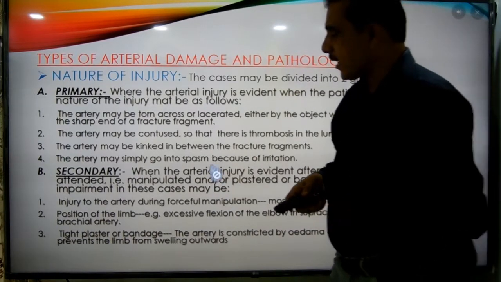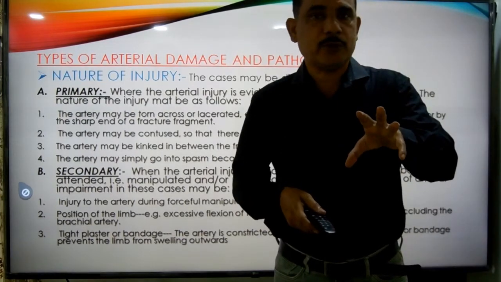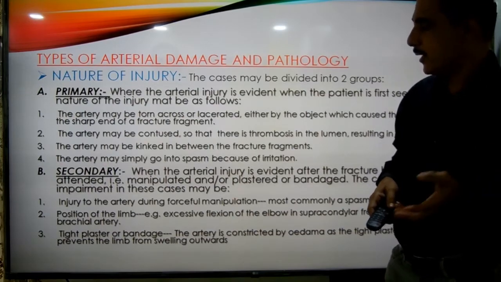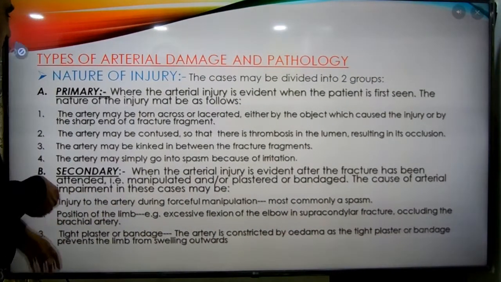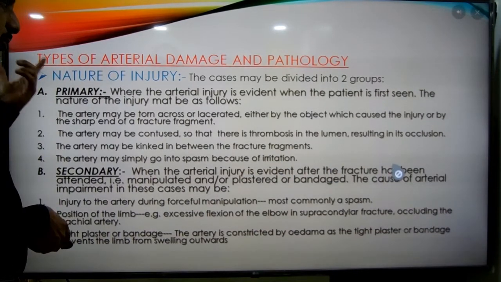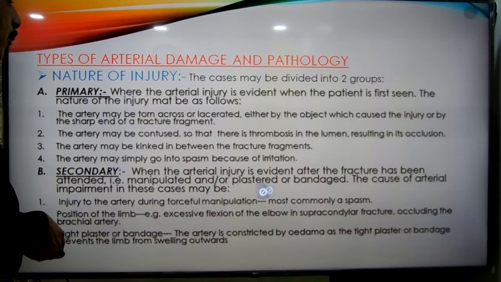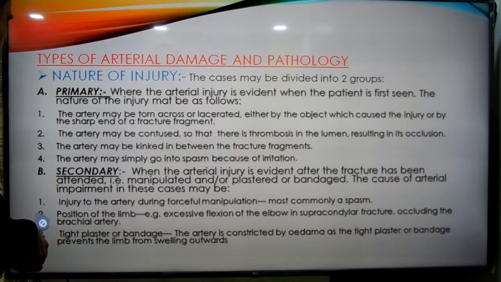Then we will see the secondary. Secondary means what? It does not occur at the time of the injury; it occurs later. It occurs mostly in the case of fractures. So what is secondary? When the arterial injury is evident after the fracture has been manipulated and plastered or bandaged, the cause of the arterial impairment in these cases may be, number one,